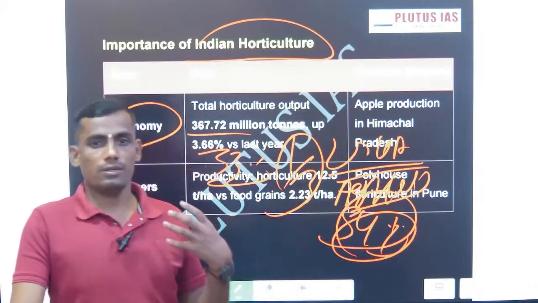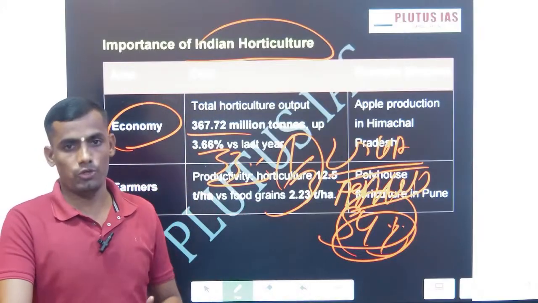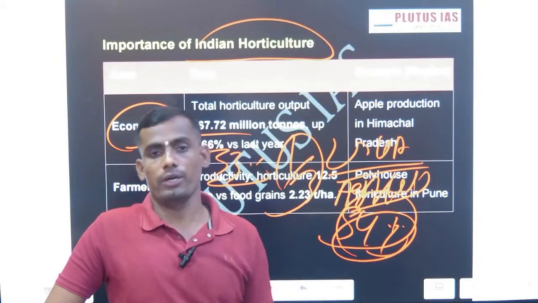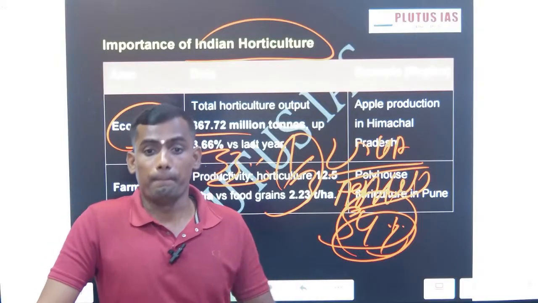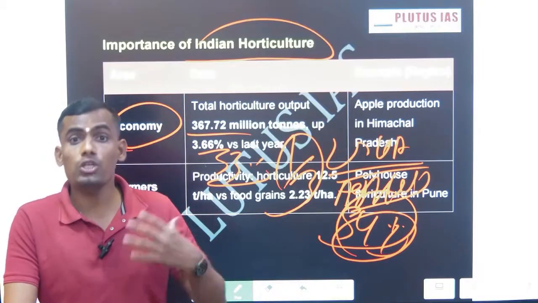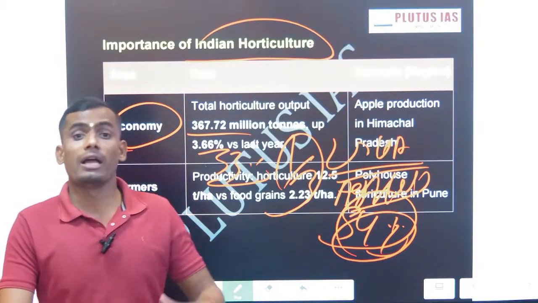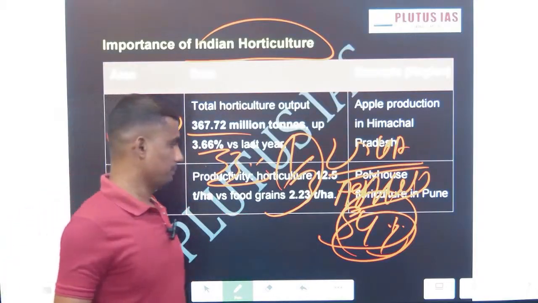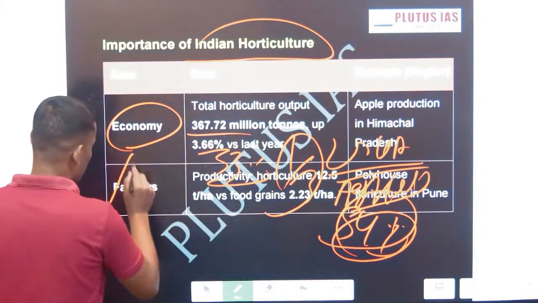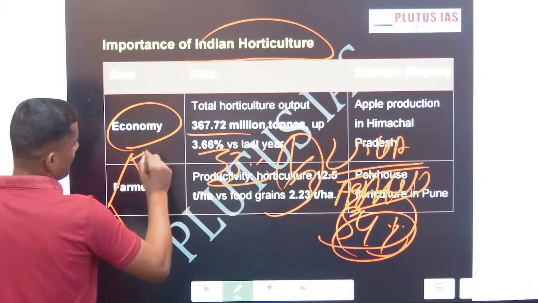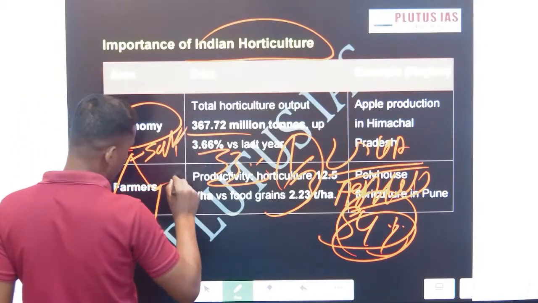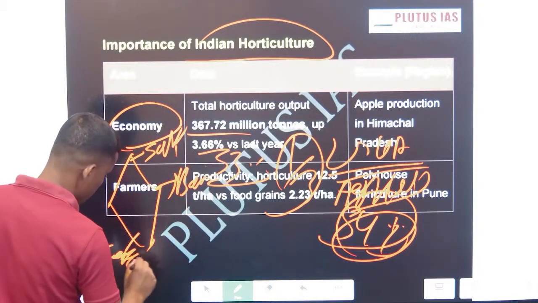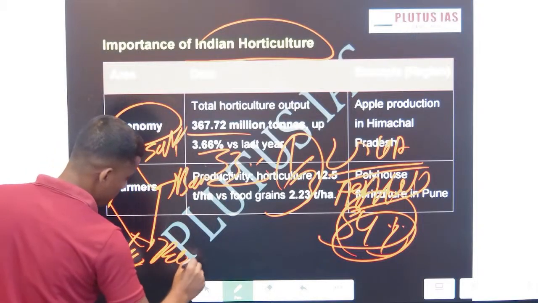So the importance of horticulture: first is economic contribution, the second is employment generation, the third is trade competitiveness, the fourth is rural development and inclusive development, the fifth is regional equal development. If you see, this is our India. Here saffron cultivation is there. Okay, bamboo cultivation is there, coffee cultivation is there. Okay, flower cultivation is there.